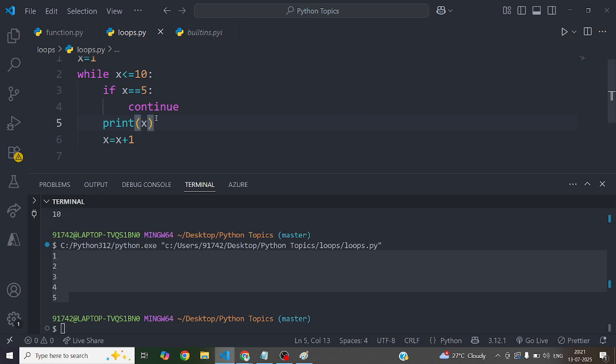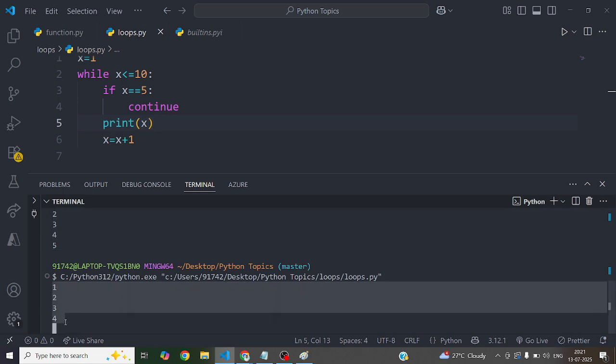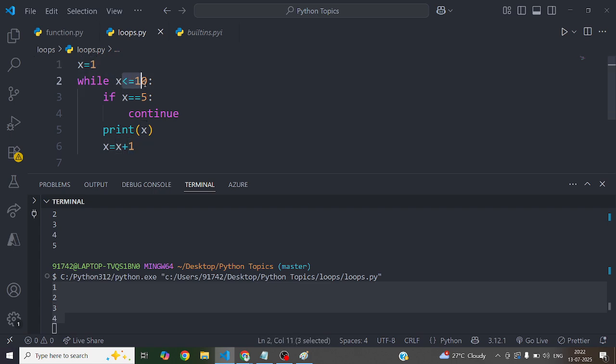What is the value of x? You can see 1, 2, 3, 4. Why 1, 2, 3, 4? Is 1 less than equals to 10? Yes. Is 1 equals to 5? No. Print 1. Okay, no problem. Now x is 2. Is 2 less than equals to 10?